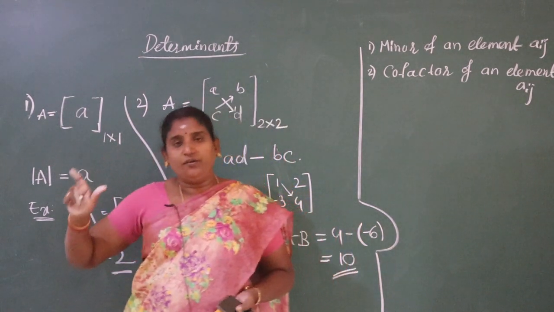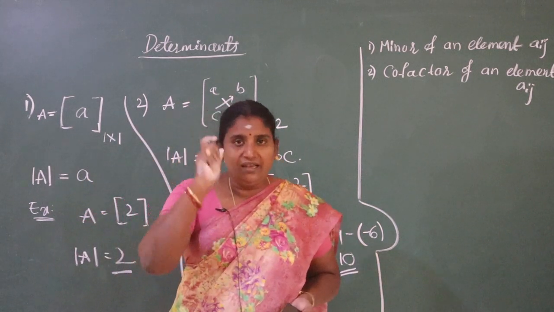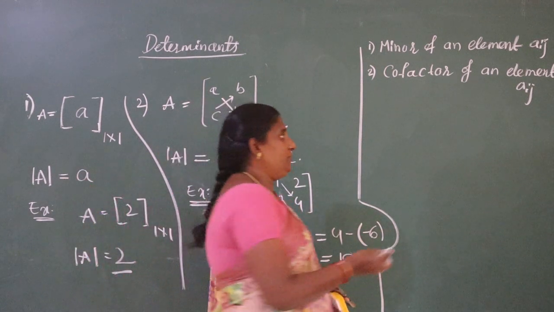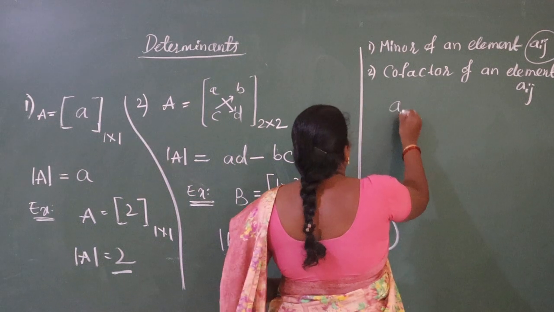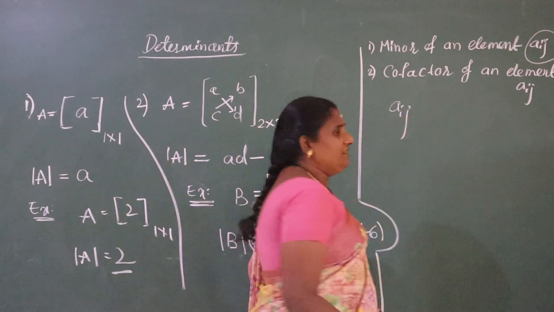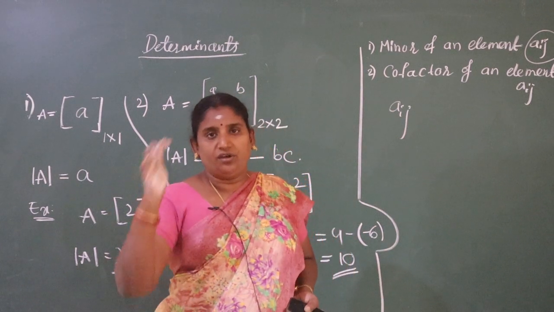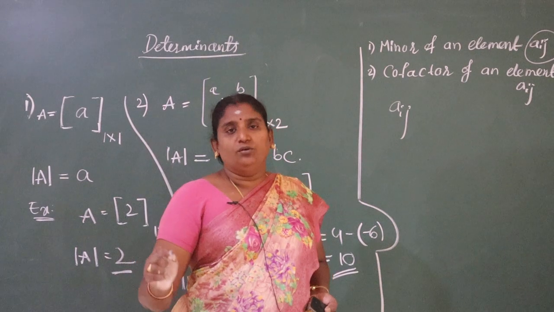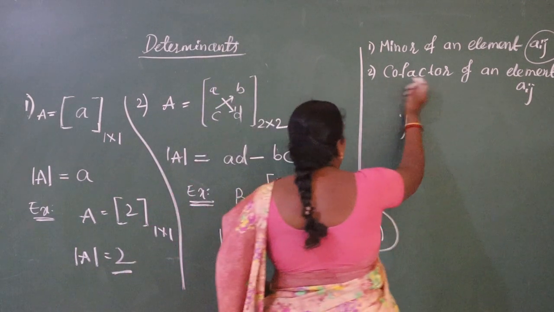Minor for whom are we going to find? We are going to find the minor for a particular element, and the element is of the form Aij. Suppose I want to find the minor of an element Aij. In the given matrix, first delete the ith row and jth column, then the remaining determinant is our minor. See the example here.